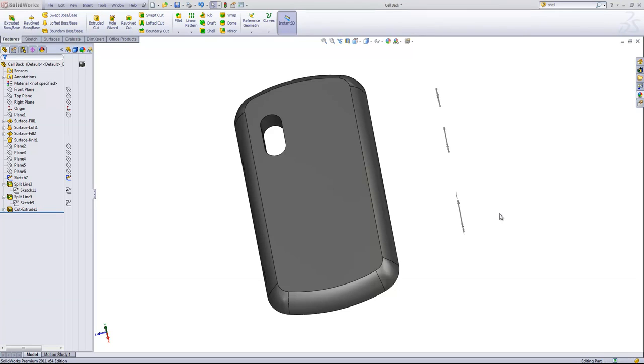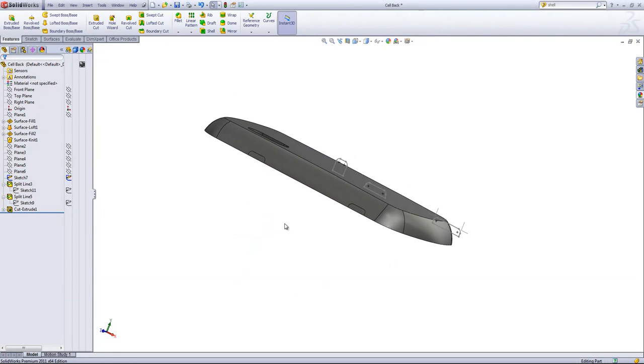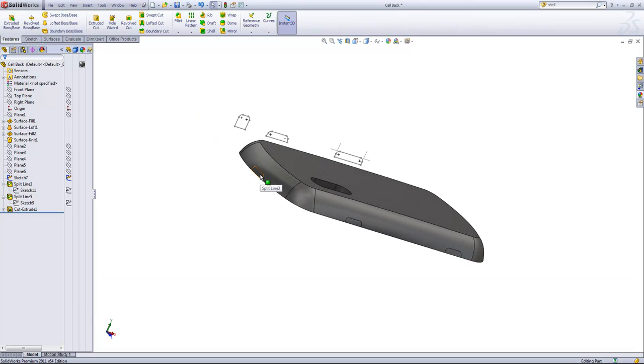The shell feature can be used to hollow out a part, anything from the simplest geometry to very complex geometry. In this case, we'll be creating a shell of the back of a cell phone. And you can see on the side we have several split lines. The way the shell feature works is it allows you to remove faces and it creates a shell of the